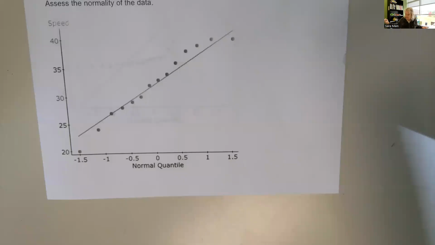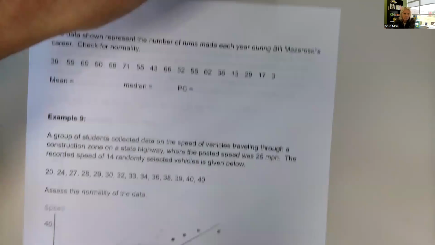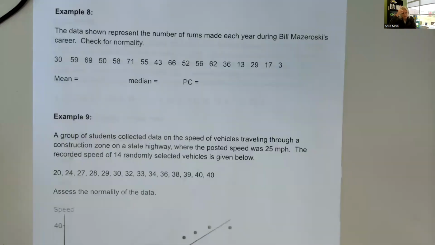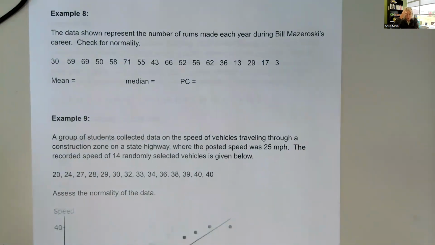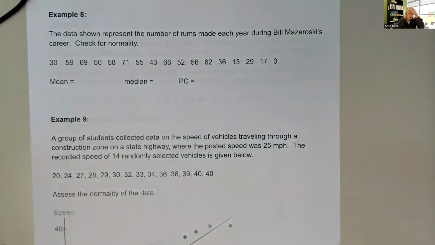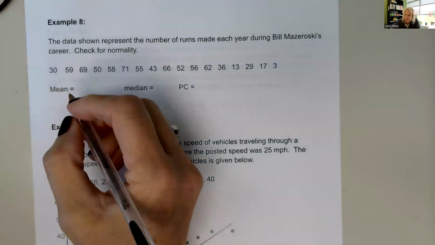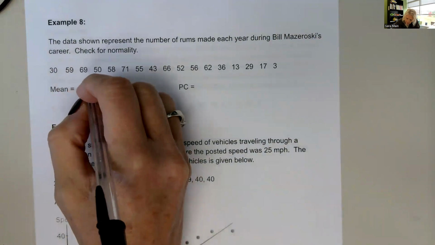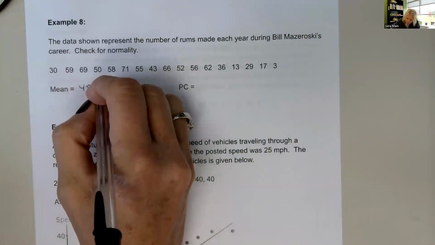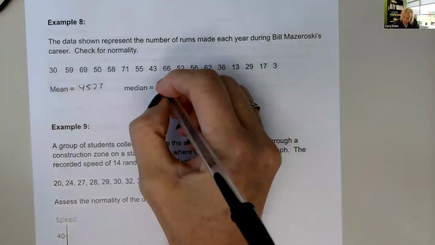Okay, the next example is data that shows the number of runs. Runs are scored in baseball. Number of runs made each year during Bill Mazeroski's career. I've given you the data here, and I've also put it into Desmos. And that link is in Canvas as always. And I calculated the mean, the median,